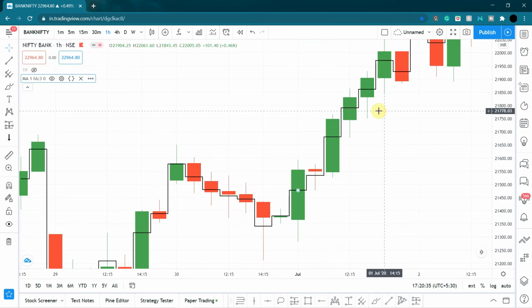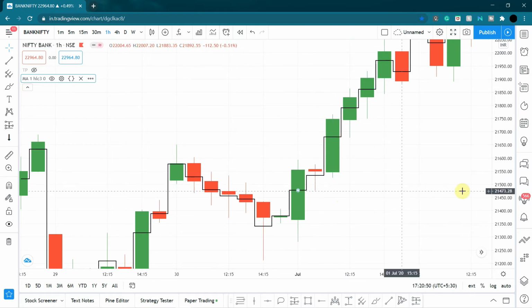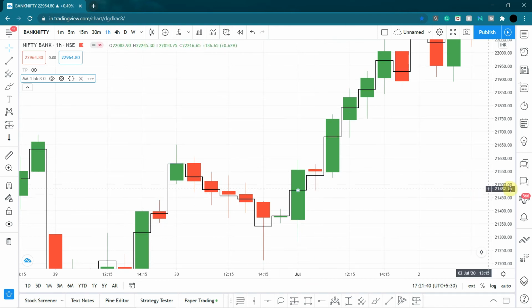So this is the same example that we saw in the previous video. If you want to enter the trade, place a limit order for the previous candle. So for example, let's consider the small trend. Let's say you wanted to enter here, but somehow the candle went really fast or you missed your entry. So instead of taking a random entry right here by placing a market order, all you have to do is, before the second candle is formed or while the second candle is being formed, place your limit order right here, near the mean.